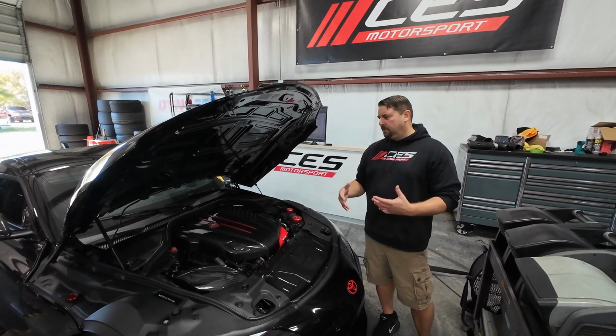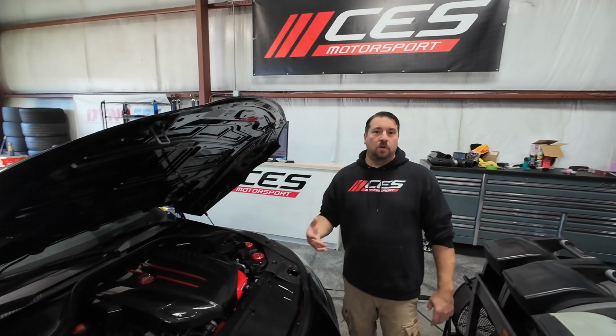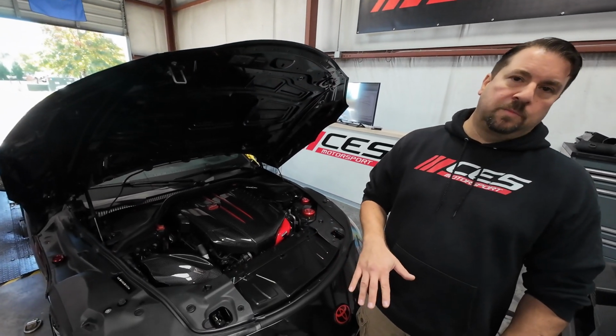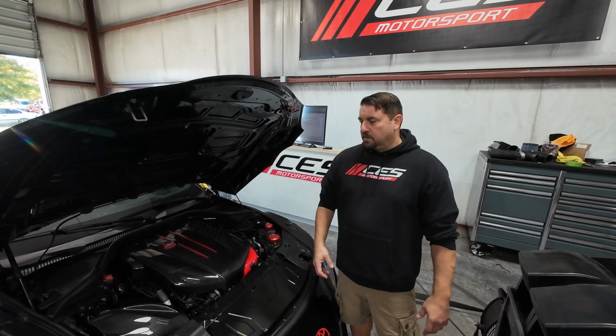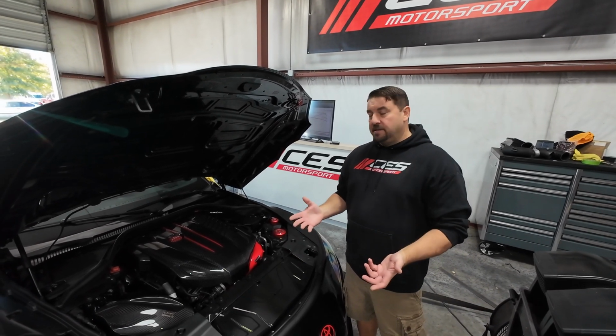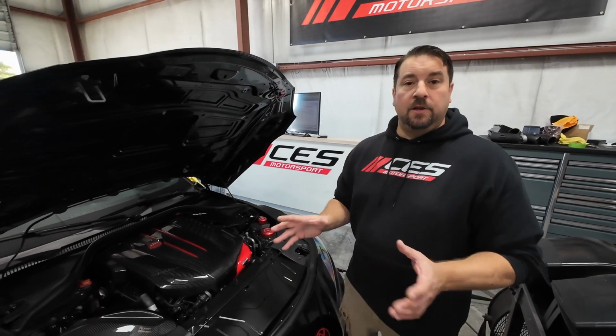So we decided to upgrade a few extra items that we normally do not include with the 600 wheel horsepower package. But this customer also wanted to keep the stock transmission and stock motor. So what we decided to do is change things up a little bit and include our new Do88 packages that